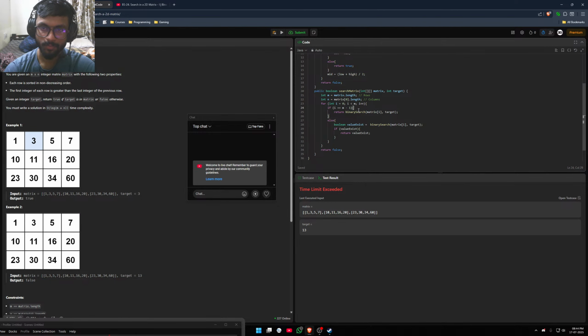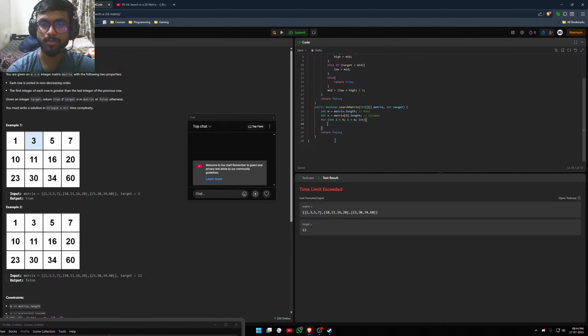So we have to iterate. I is the row, and we have to check the first and last element. So if matrix of I of 0 is lesser than the target, then equal to also is true. So equal to the target, and